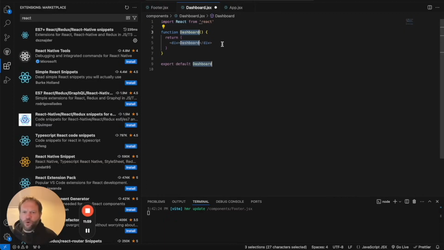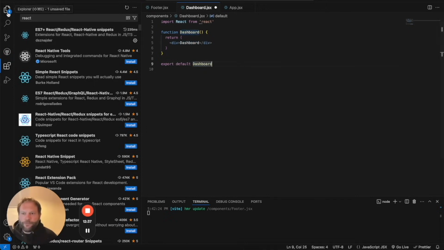Now, I should give you a warning here that if you rely too much on these automated code snippets, you might end up in a situation where you can't even write very basic React code like a functional component. You could end up looking pretty silly, for example, in an interview environment. So do make sure you actually know the code that you're generating automatically. That is the best way to use a tool like this. It should just be for saving time.